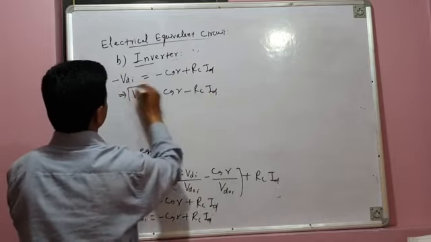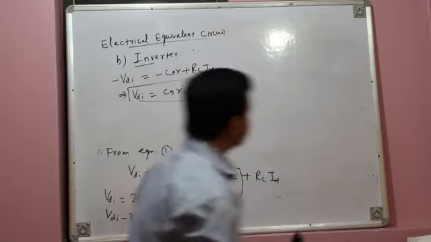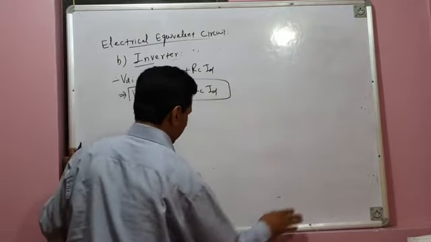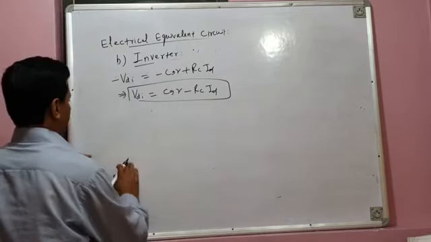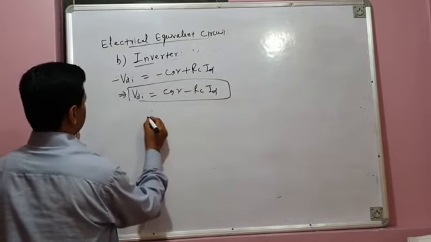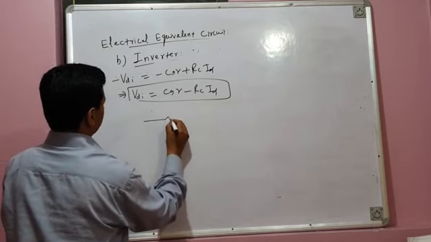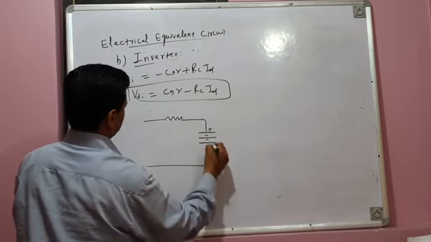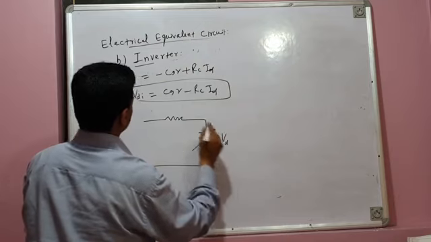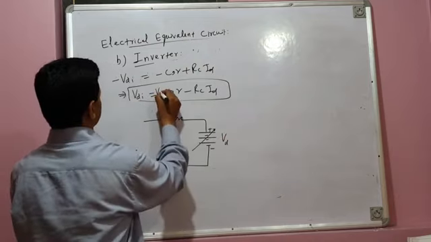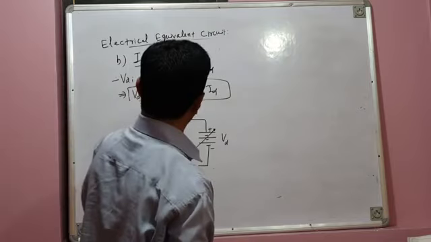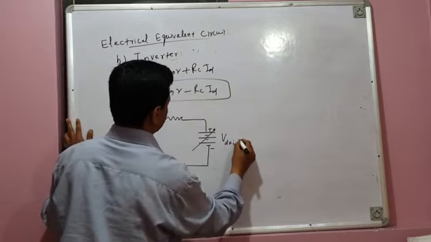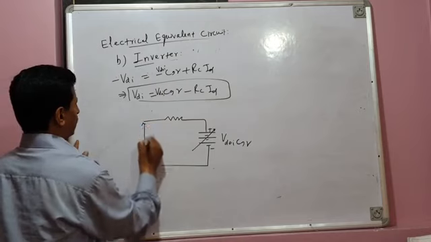That's all. So this gives me the inverter average output voltage not in terms of beta, but in terms of gamma. Once you have it in terms of gamma, you can now draw the electrical equivalent circuit. The equivalent circuit will be like this, with plus and minus. Actually, this should have been VDOI cos gamma. Sorry, the VDOI term is missing there. Here also it is VDOI cos gamma. So this is VDOI cos gamma and this is your VDI.